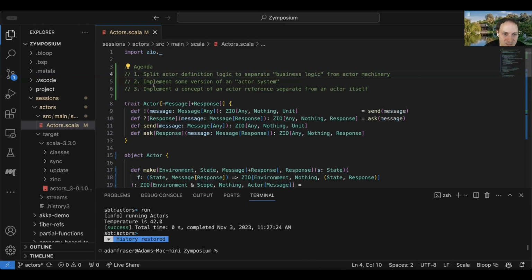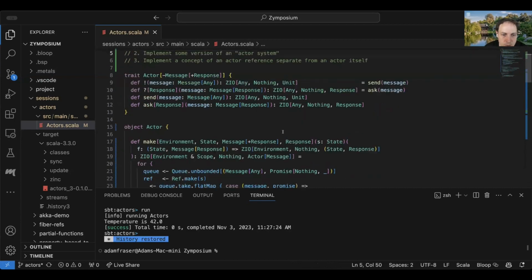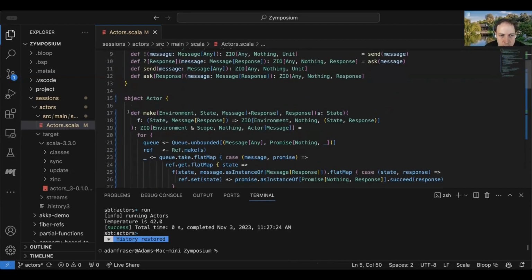So the next thing we're interested in is some version of an actor system. And maybe one way we could think of this is we see here that right now when we create this actor, one of the things it returns is a scoped workflow, which means that the scope is essentially controlling when the actor is going to be shut down. But I think one of the things you typically have with actors is this concept of an actor system, versus every time you make one, you get a scope. It's more like the actor system: when the actor system is shut down, it will shut down all of these actors.